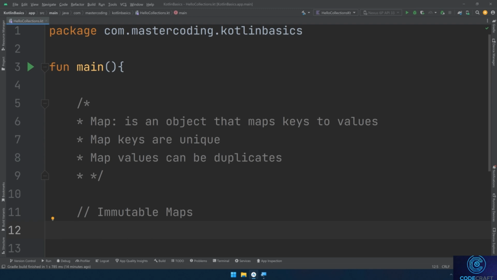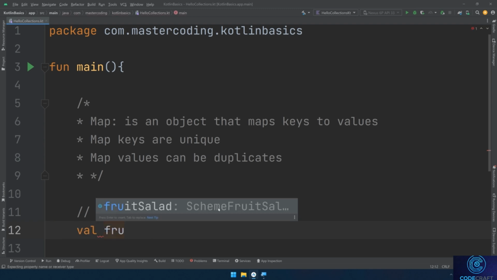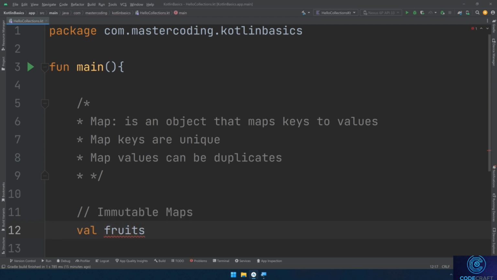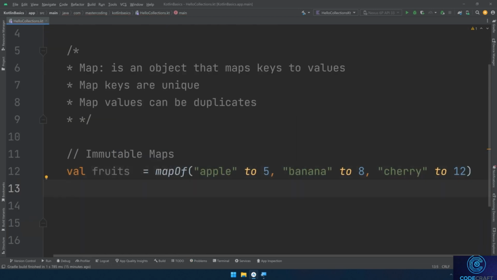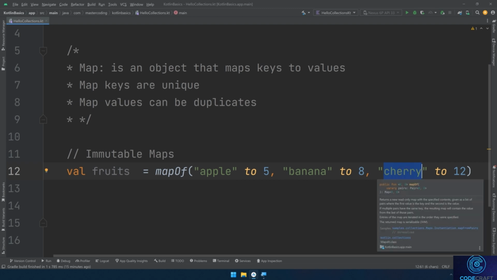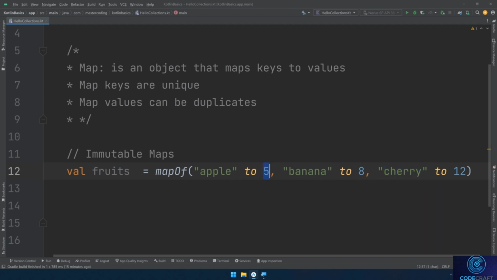I'll start creating my first map, fruits equals mapOf, and here I need to use key value pairs. Apple to 5, banana to 8, cherry to 12. In this example, fruits is an immutable map with keys apple, banana, cherry associated with their respective values 5, 8,